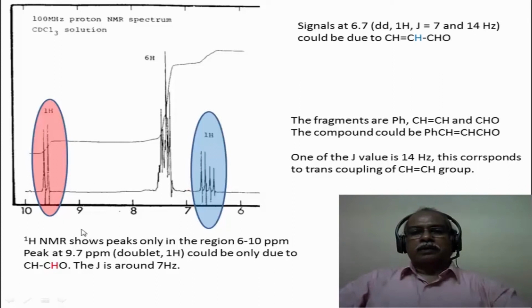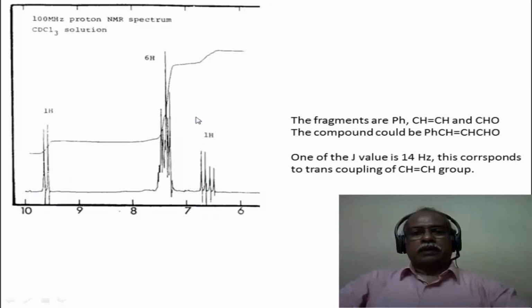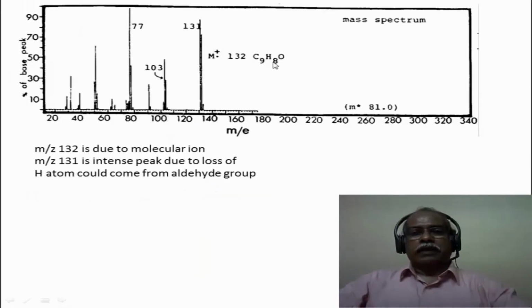Now, if this hydrogen is a beta hydrogen to the aldehyde, that would come very close to the aromatic multiplet. In fact, the aromatic signal, if you see, is 6 hydrogen intensity. It cannot be benzene because it is a monosubstituted derivative. So there is some other olefinic hydrogen which is merging with this particular hydrogen, and that is why the integration corresponds to 6 hydrogen. Totally there are 6 plus 3, 9 hydrogens in this molecule. The aldehydic hydrogen plus this particular hydrogen, and the 6 hydrogen, all these hydrogens are taken care of. The molecular formula is C9H8O.